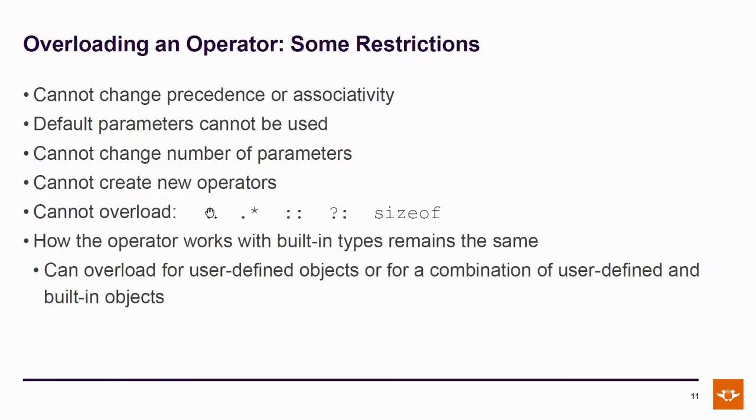So member access is too fundamental to how everything works to allow you to change. This weird indirect member access, you almost never use it, but it's a very peculiar combination of reaching into a particular class at a particular point. It's not the same as dereference followed by dot, which is the arrow operator. This is almost never used. Scope resolution, also too fundamental. You've used it for namespaces. You've used it for fully qualifying a member function name.